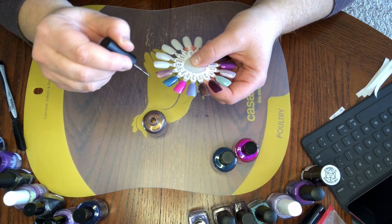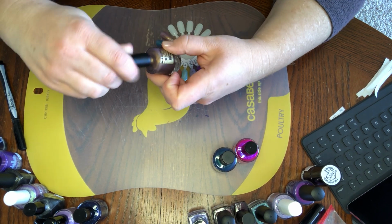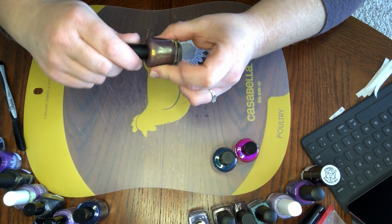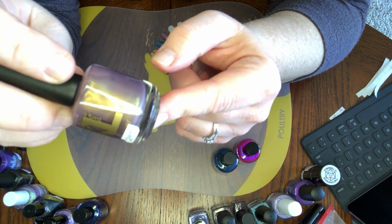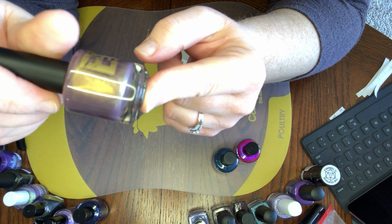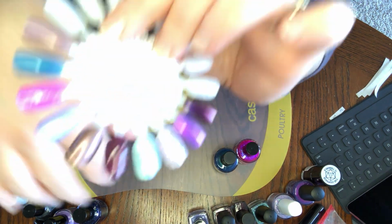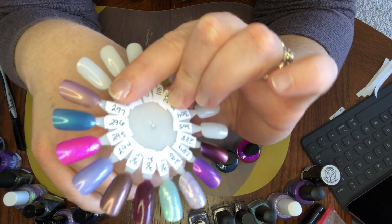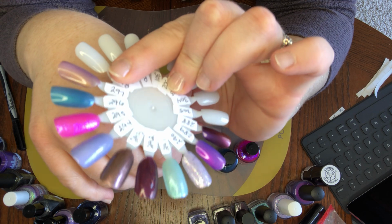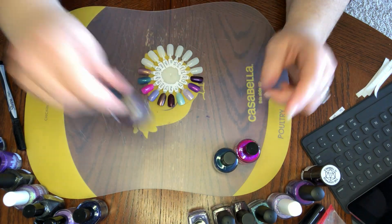Surprise looking type of color. So yeah, obviously you can see just by looking at the bottle, it's got this pink purple hue to a base, and then this beautiful gold, green gold color throughout as a shimmer, and it is exactly translating like that on this nail card here. I can't wait to build that up and see what another coat does, even just one coat, because that's pretty good. I would have guessed it's probably gonna be opaque